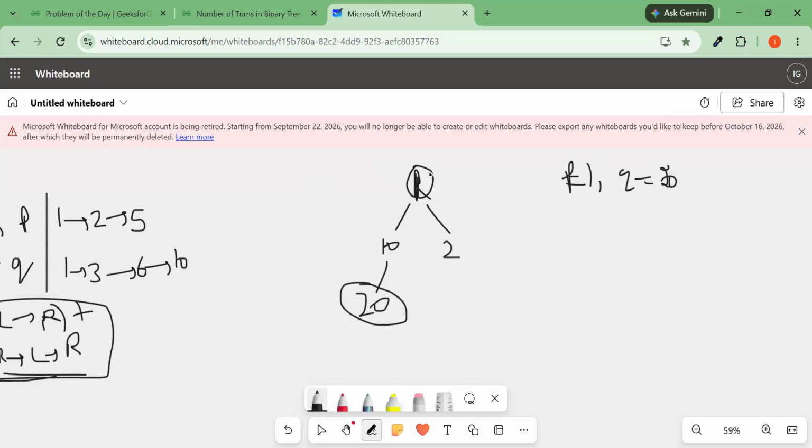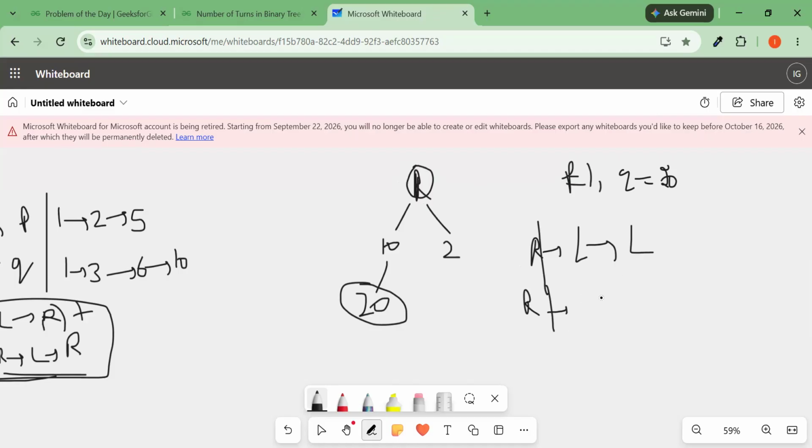Again, we will go through that path. So find the root to P path, but it is left and left. This is my root level, and I'm going from root to left. What about Q? Q is 20. This will be my second path, and root to P is